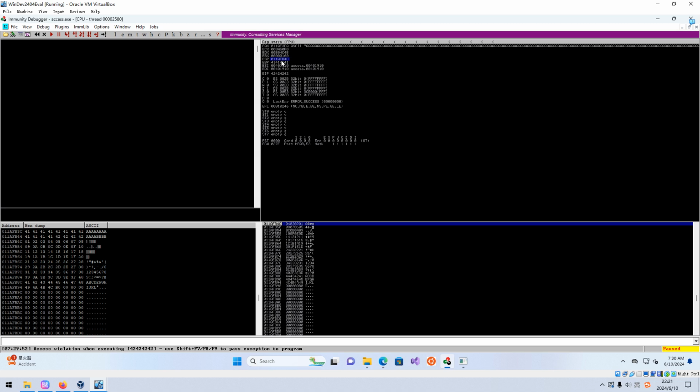We need to follow in dump. 1, 2, 3, 4, 5, 6, 7, 8, 9, A, B, C, D, E, F, 10. I think I found the first bad character. 4D is not there. 4D, right?